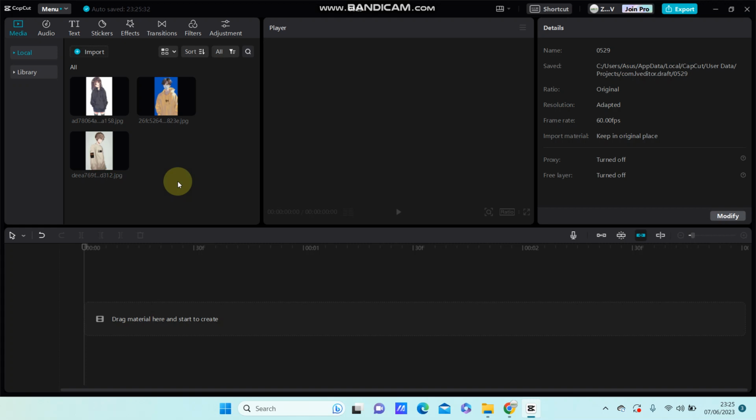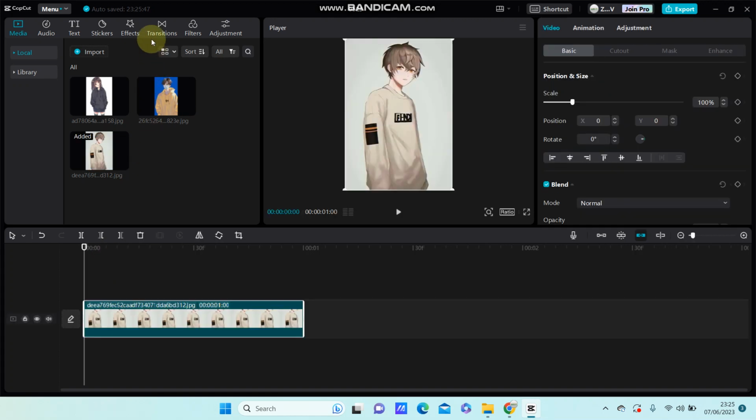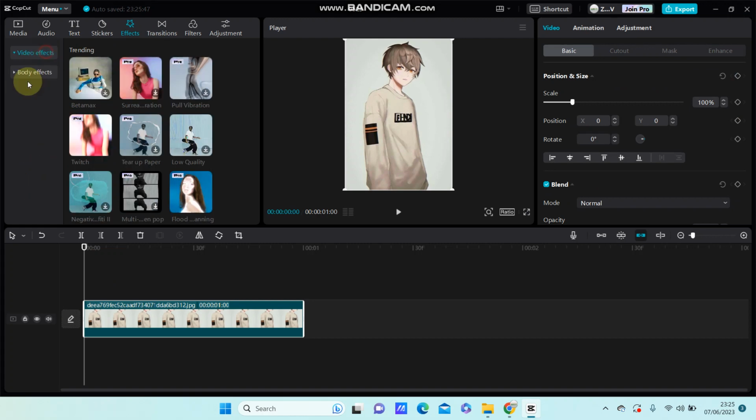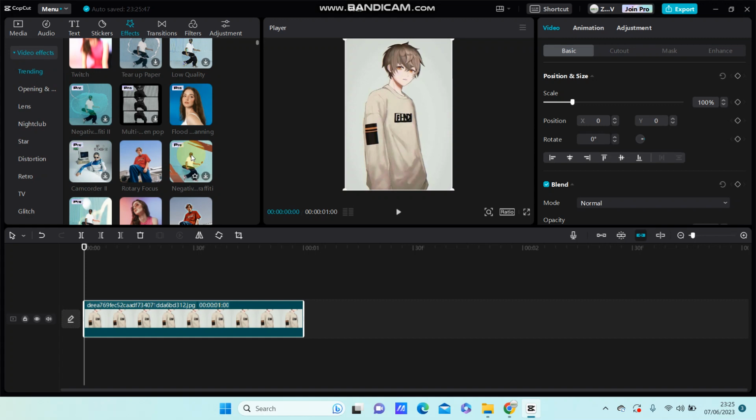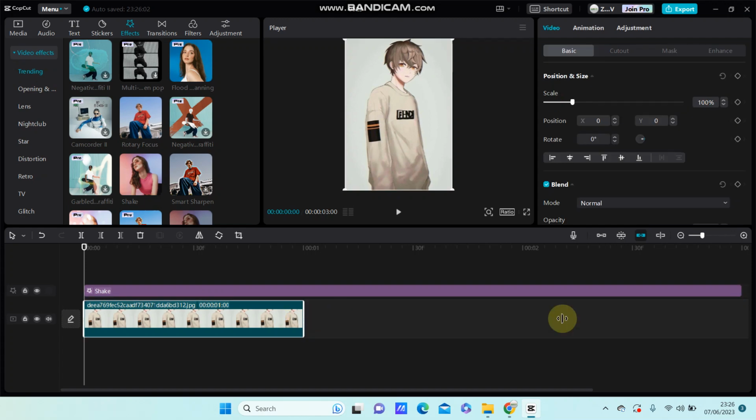So if you already imported your images or your photos or videos or audios, just add the track and add the effect. Just select effect and select video effect or body effect and select your effect you like to add to your clip. For example, add shake effect